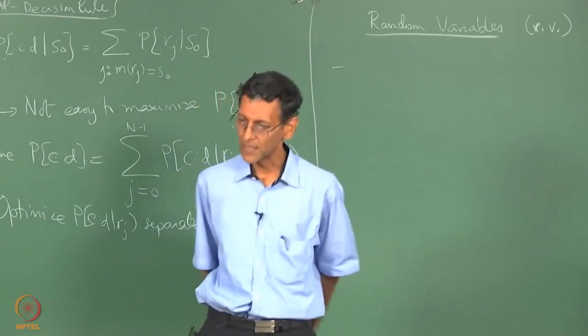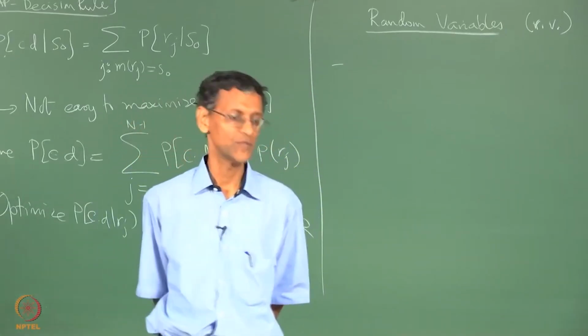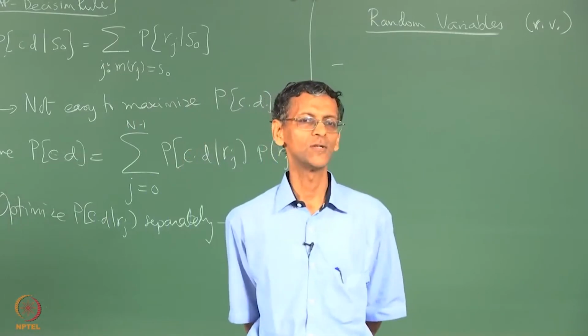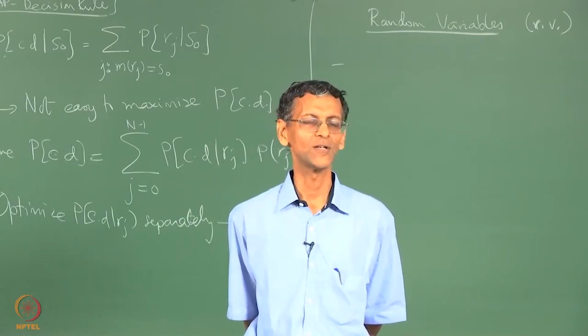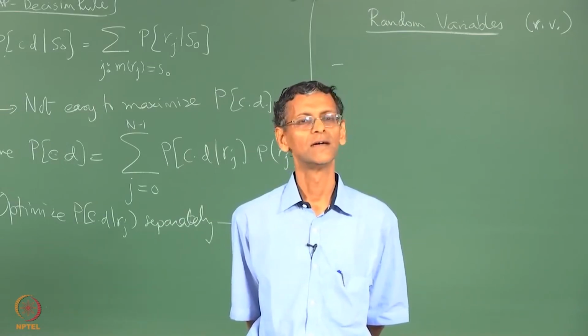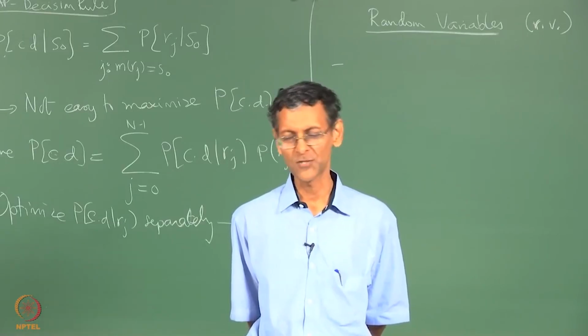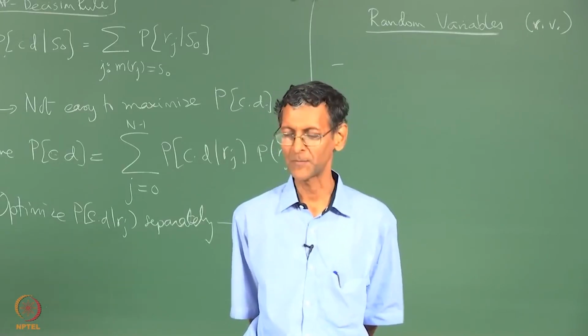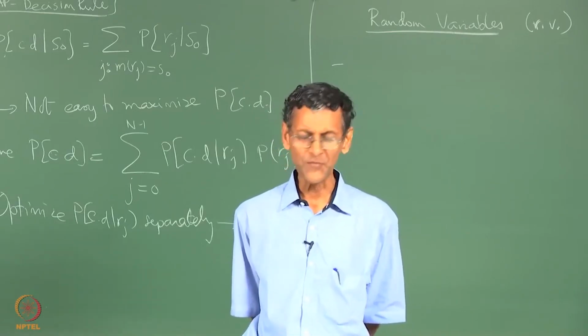So let me begin this by asking you people, some of you have seen this before, what is your idea? I am not even going to call it a definition. What do you understand by the concept of random variable? Mapping of sample space onto the real line. Okay, the mapping of a sample space onto the real line, fine, that is one very mathematical or somewhat mathematical definition, but what does it physically mean?